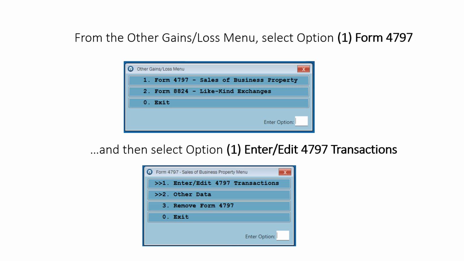And from the Other Gains or Loss menu, select option 1, Form 4797. We're doing this because it's a business property. Then we select option 1, Enter or Edit 4797 Transactions.